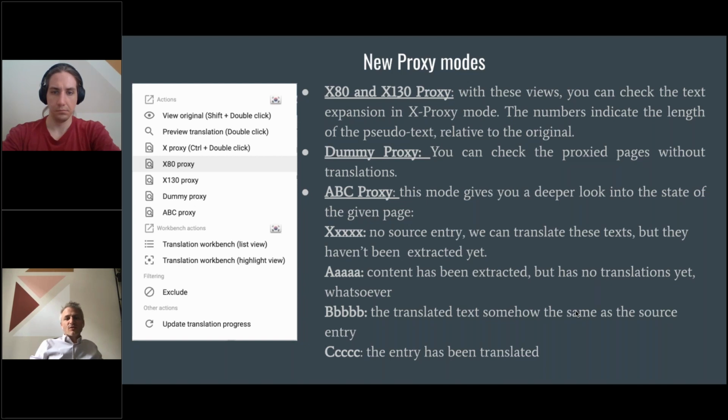Last but not least, there is the ABC proxy, which can help us figure out the current status of the page, considering the dictionary as well. So that's hence the name, where instead of just the X's, we have also introduced A, B, and C, indicating the status of the content that we found on the website. So as you can see,